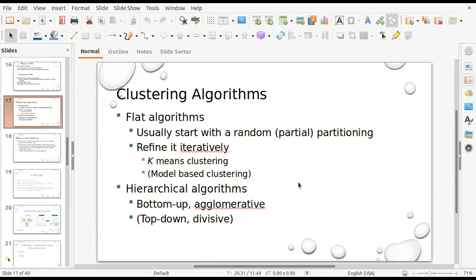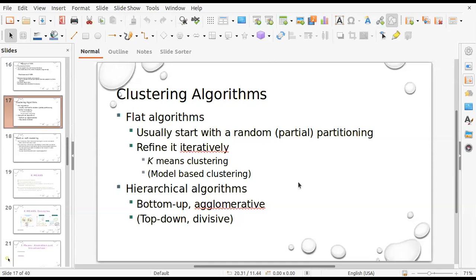The second method is the hierarchical algorithm, which either operates bottom up, also called agglomerative, or top down, that is divisive.